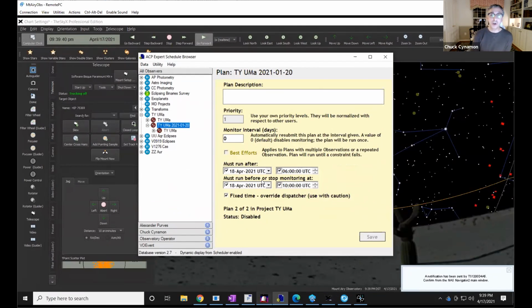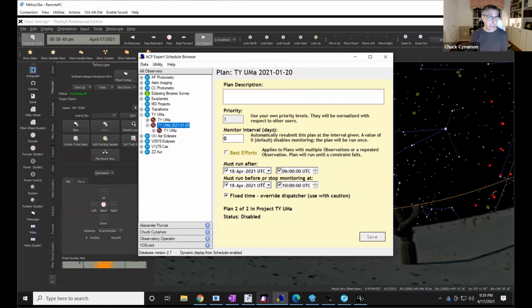I want to hard code it that 2 hours before the eclipse and 2 hours after, because if I know the eclipse has some variability here, I want to make sure I get it. So I'm going to collect from 6 o'clock UTC, which is 2 a.m. our time, until 6 a.m., just before dawn. I'm going to try to go collect against this star, just take image after image after image.